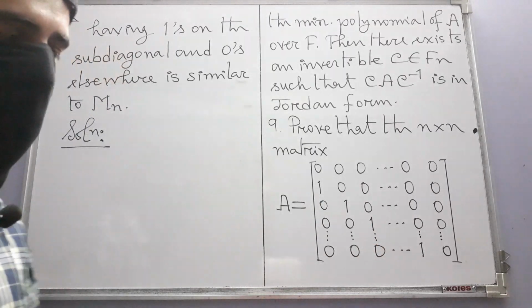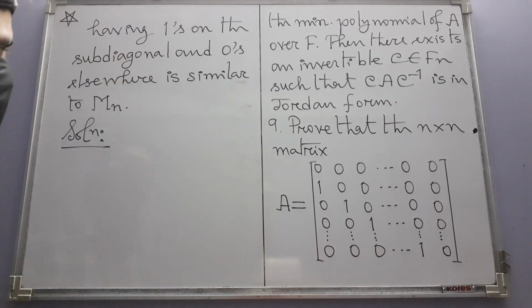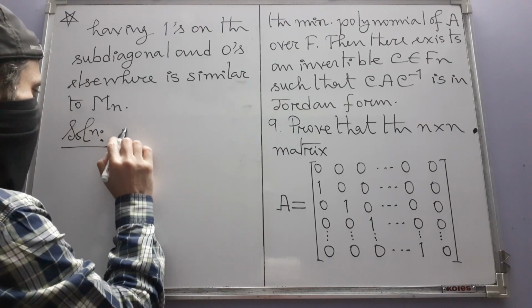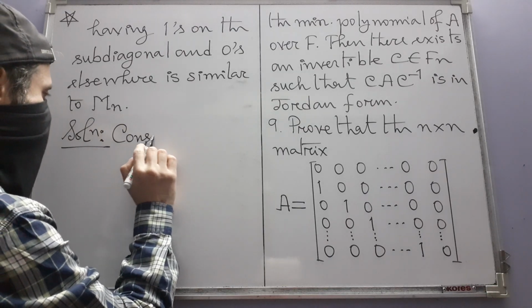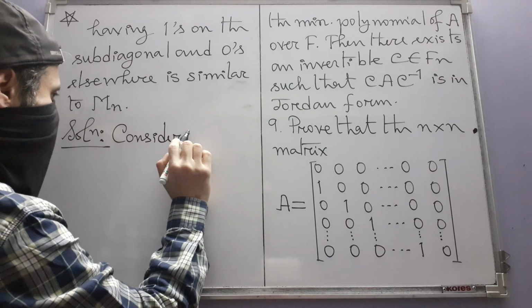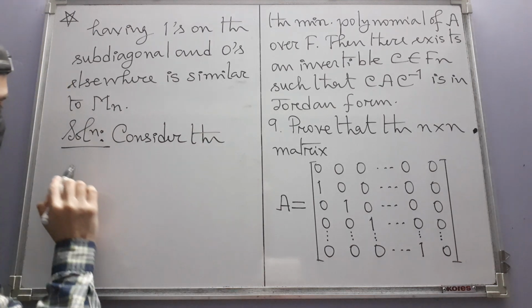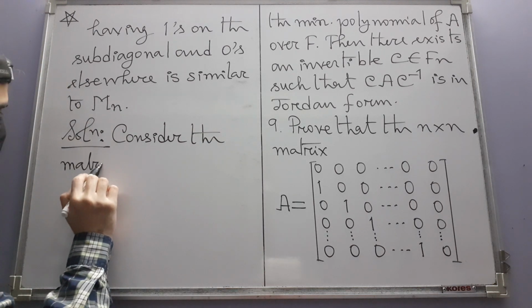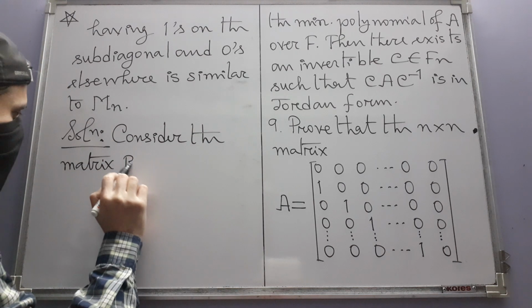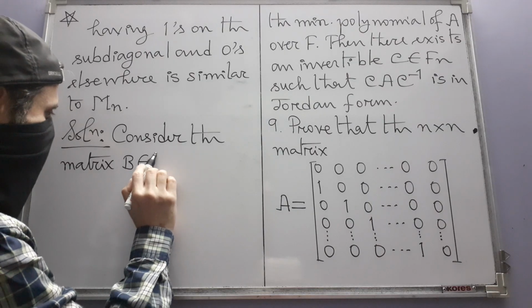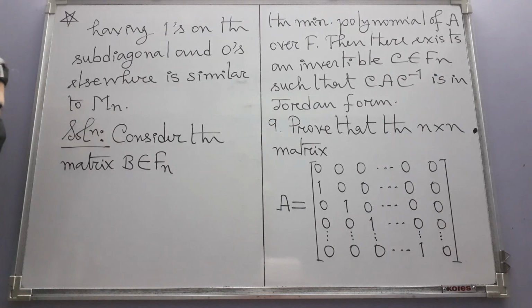That I am not writing, it's understood that this is A. Consider the matrix B, which is also an n by n matrix, so it belongs to the matrix algebra Fn,